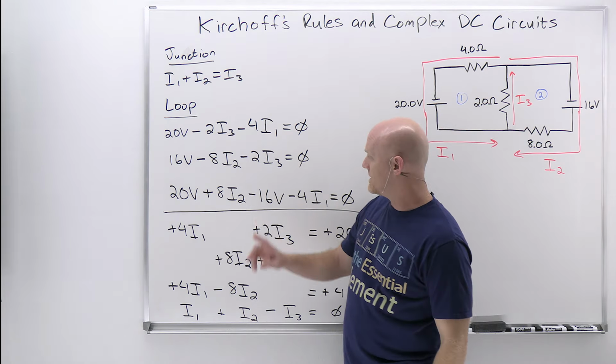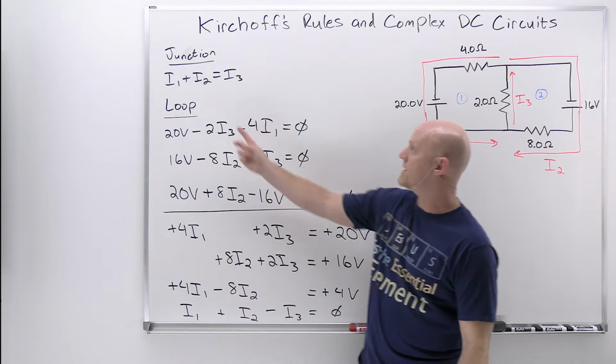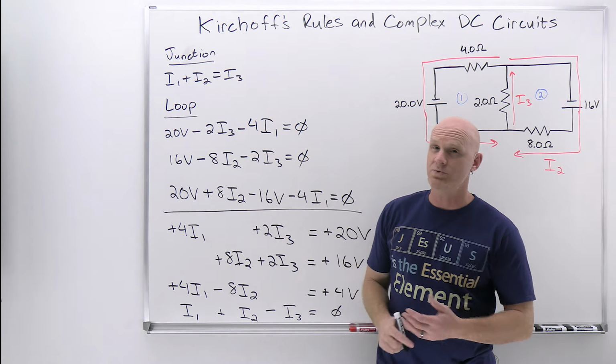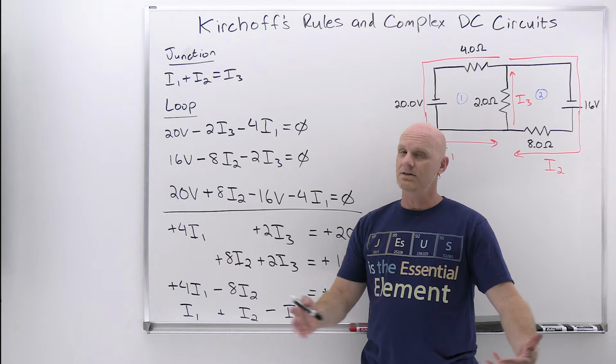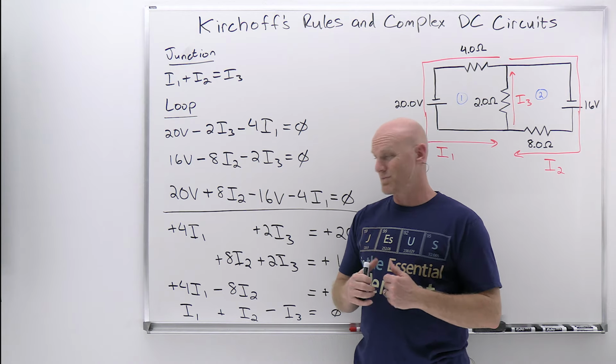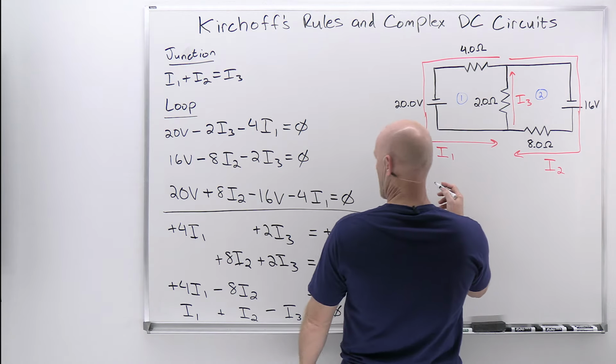Not the easiest thing in the world, but that's the approach I'm going to take. I'm going to substitute in to that first one, in for I3, I1 plus I2 from the junction rule. It's not the only way to solve this. There's a lot of different ways we can approach this. That's just the way I'm going to approach it. All right, so we're going to have